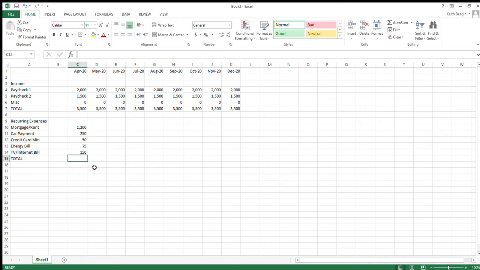So now, before I calculate my total, I'm going to go ahead and just copy and paste those values for the rest of the year, just like we did with our income. So I'm going to start right here. Before, we did these individually, by each individual item, paycheck 1, and then paycheck 2, then miscellaneous. Now, an even quicker way, there's my select cursor,